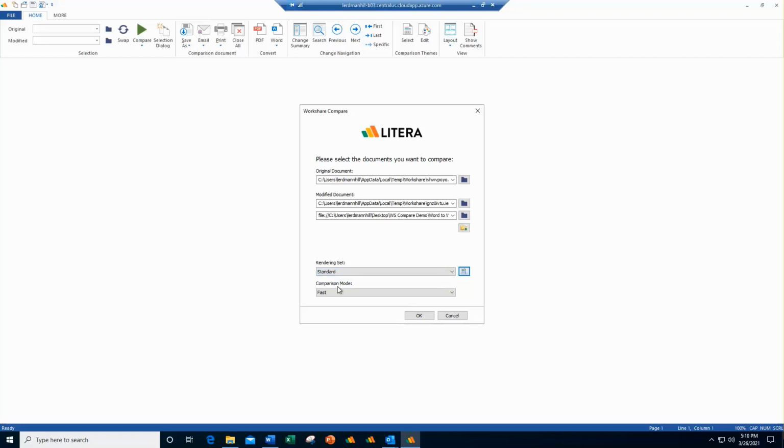And then you have comparison mode. This generally you won't be touching. The program knows which mode it should run in, but I'm going to show you that because I have a PDF, I have fast, standard, text only, and compare without OCR. If you know it's OCR'd already, you can choose that. I tend to say let the program do what it thinks it needs to do, and then let's click